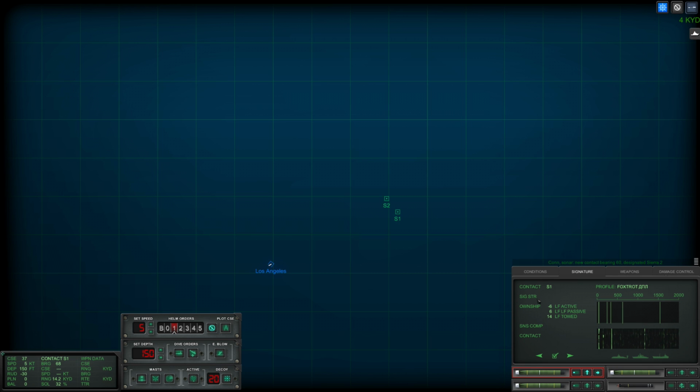So, as per our last mission, or last video, what we're actually after here at the moment is a resupply fleet. So we're looking for transports and sub-tenders, likely with a surface escort, possibly with a subsurface escort as well. We can't discount the possibility of running into submarines out here, so...